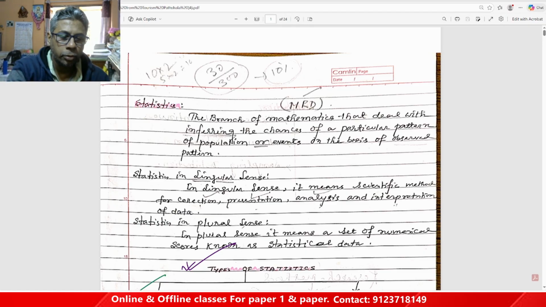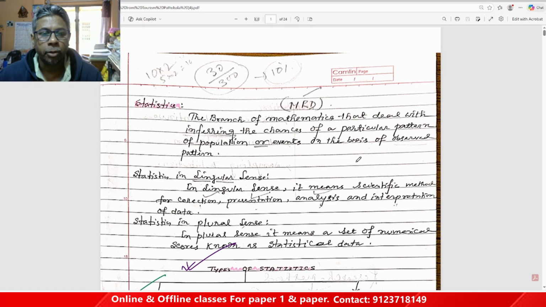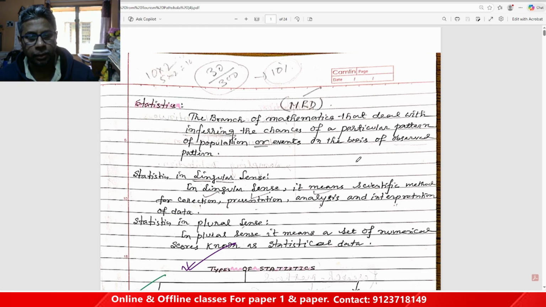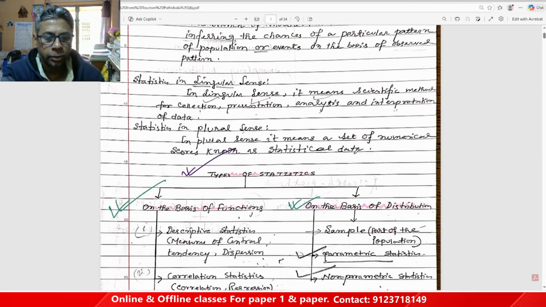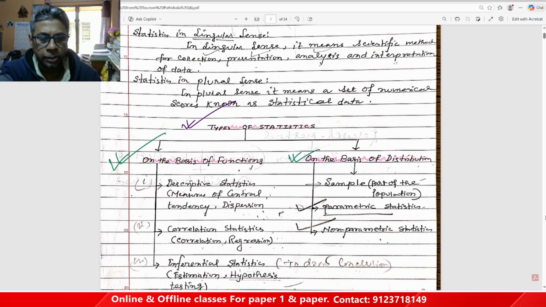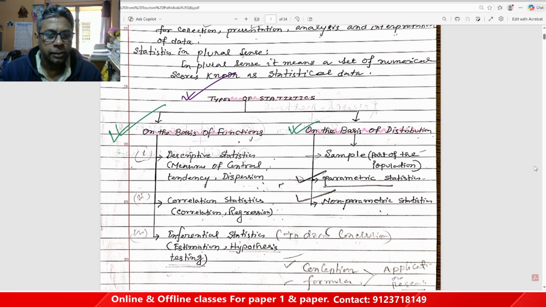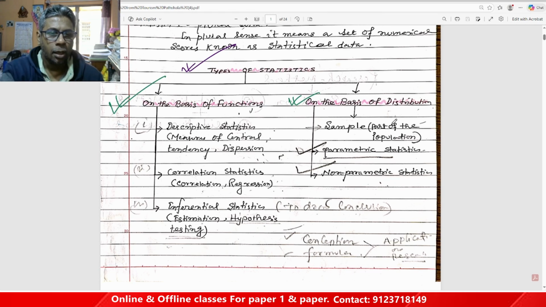Today we are going to learn parametric and non-parametric statistics, their concepts, uses, comparisons, and related exercises. Before that, we have to understand the types of statistics. Types of statistics can be divided on the basis of function and on the basis of distribution. On the basis of function,